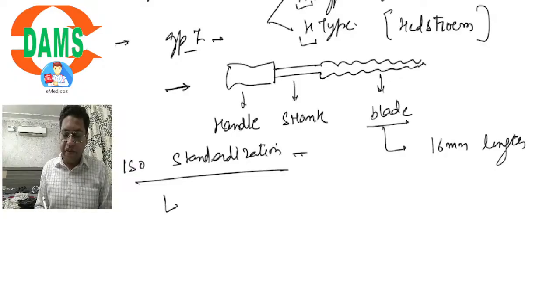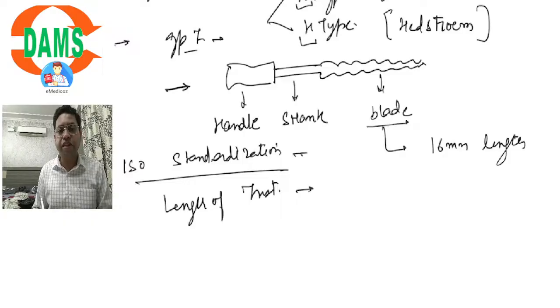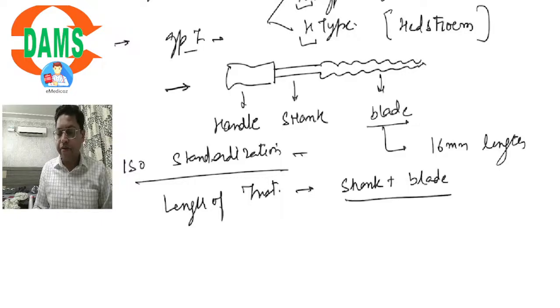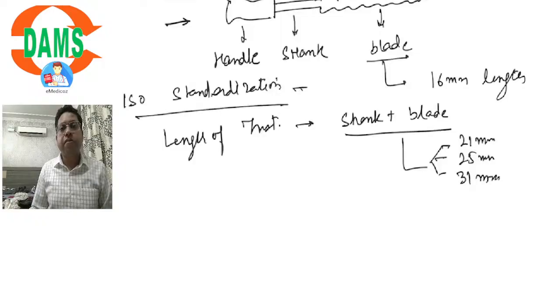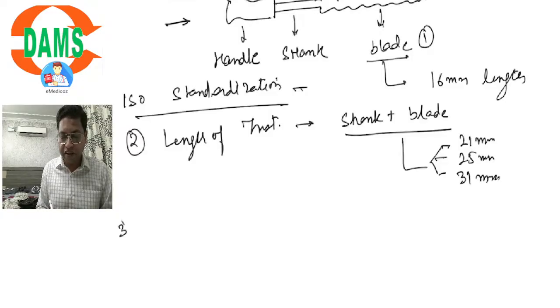Okay. Length of the instrument, whether it is a K-type or an H-type instrument, consists of 2 parts, that is the shank plus blade. So principally, 3 lengths of instruments are available: 21 millimeters, 25 millimeters, and 31 millimeters. I am talking about the group 1 hand use instruments, and we are looking at the standardization parameters according to ISO. The first one is the blade length, the second one is length of the instrument,